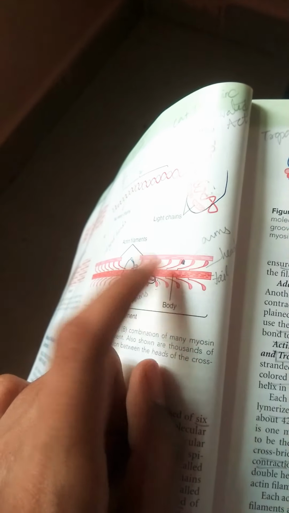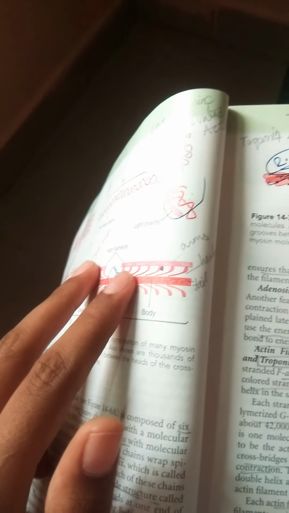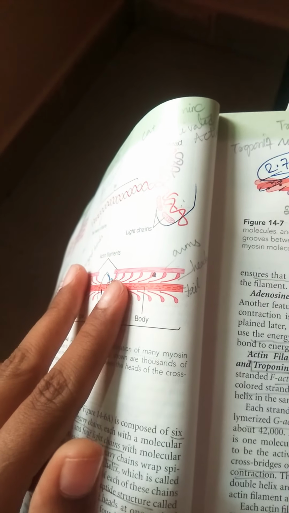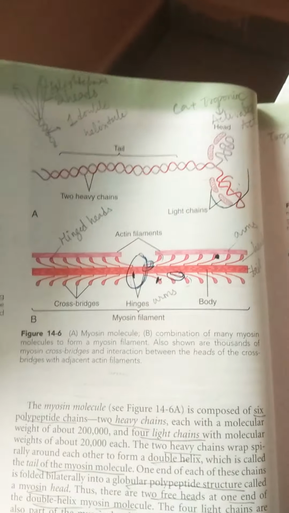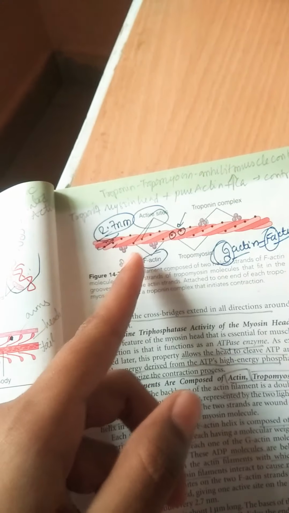This is important: the interaction of one myosin with two actin. One actin, two actin, you can see two actin filaments. So always remember, the interaction of one myosin with two actin along with attachment with calcium leads to the contraction process. So we require two actin, one myosin and calcium to undergo the process of contraction in the case of skeletal muscle. Now, inhibition of actin by the troponin and tropomyosin complex.